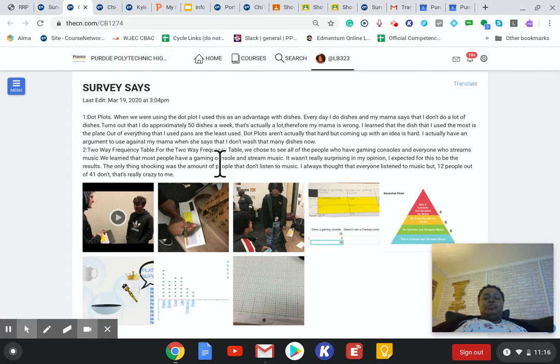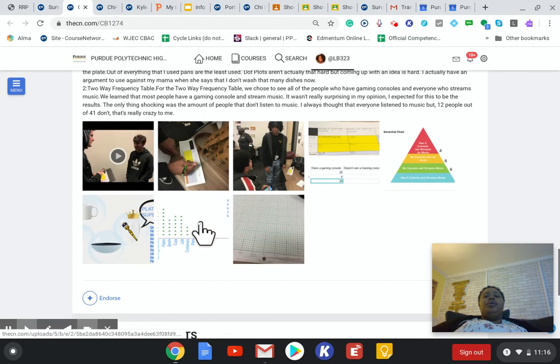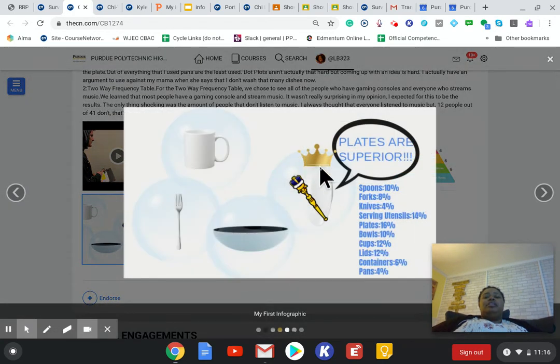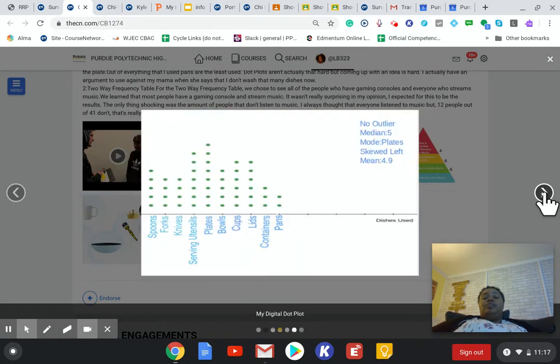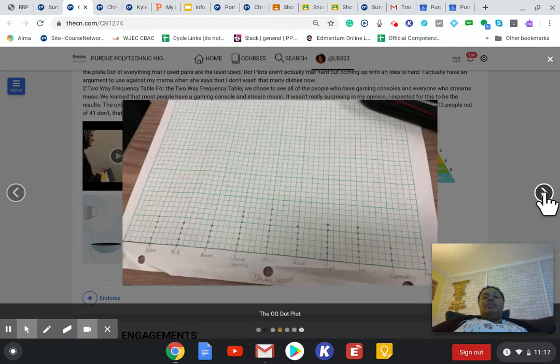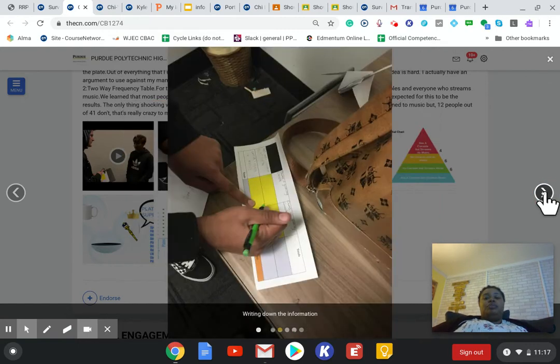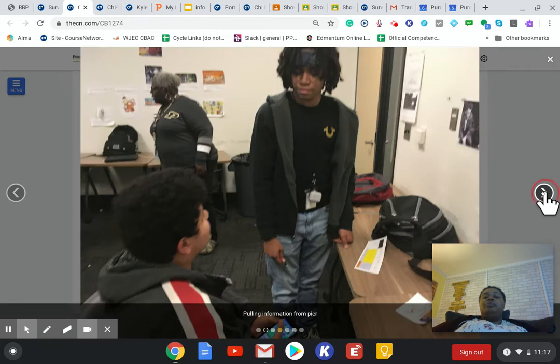As far as your dot plot, the things that you uploaded, I've given you feedback on this, and we've made the changes for the two-way frequency. So this is good. You don't have to make any changes for your dot plots. I gave you feedback. You did a good job. You turned it in. I don't have any problems with that. Got a couple of things, however,